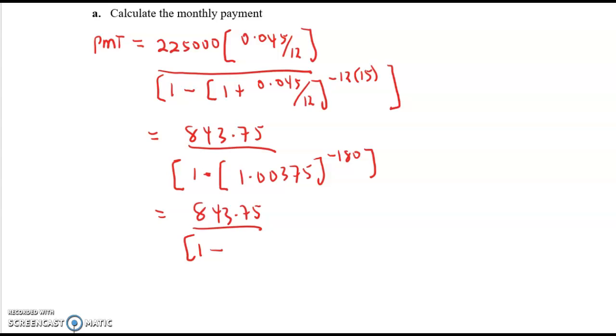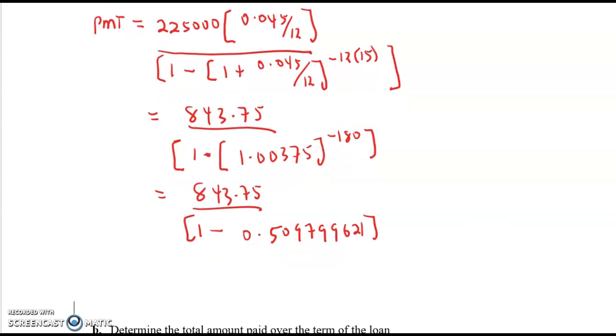And that is 0.509, and you want to write out all the decimals. You don't want to round in between your calculation. If not, you will not get the desired final unit that you are looking for. So you have 843.75 divided by, so now you subtract that whole decimal from 1. That is